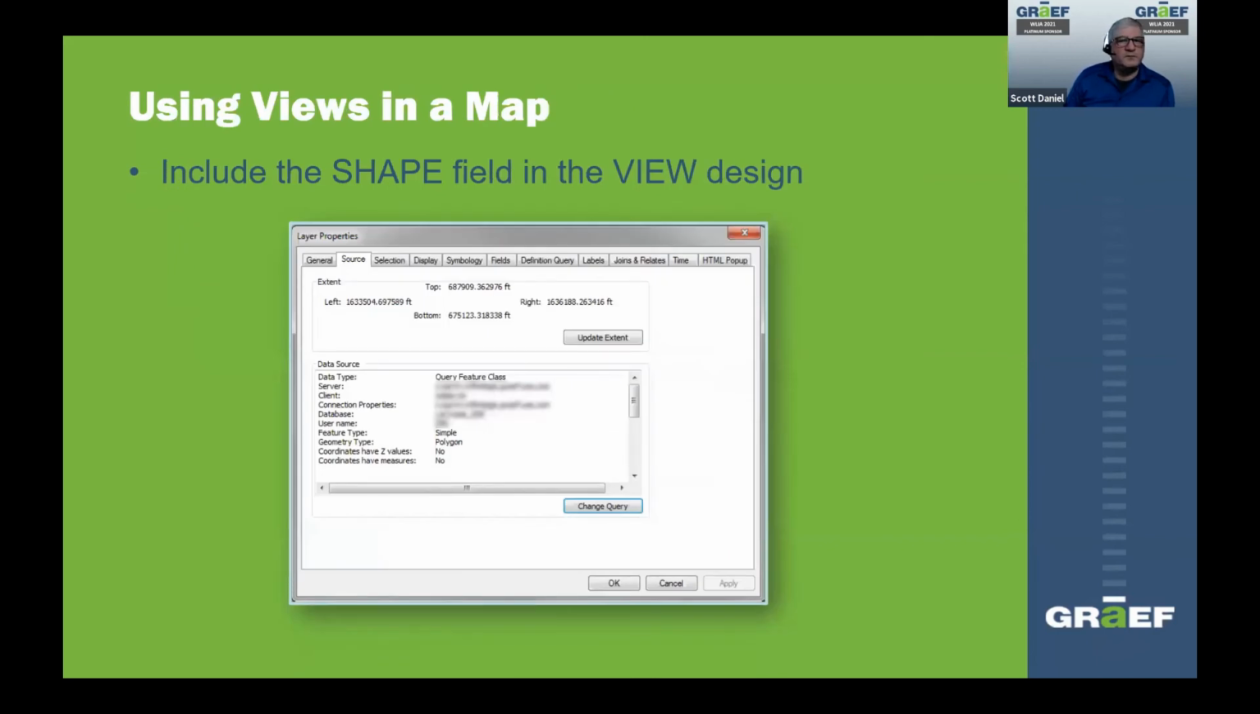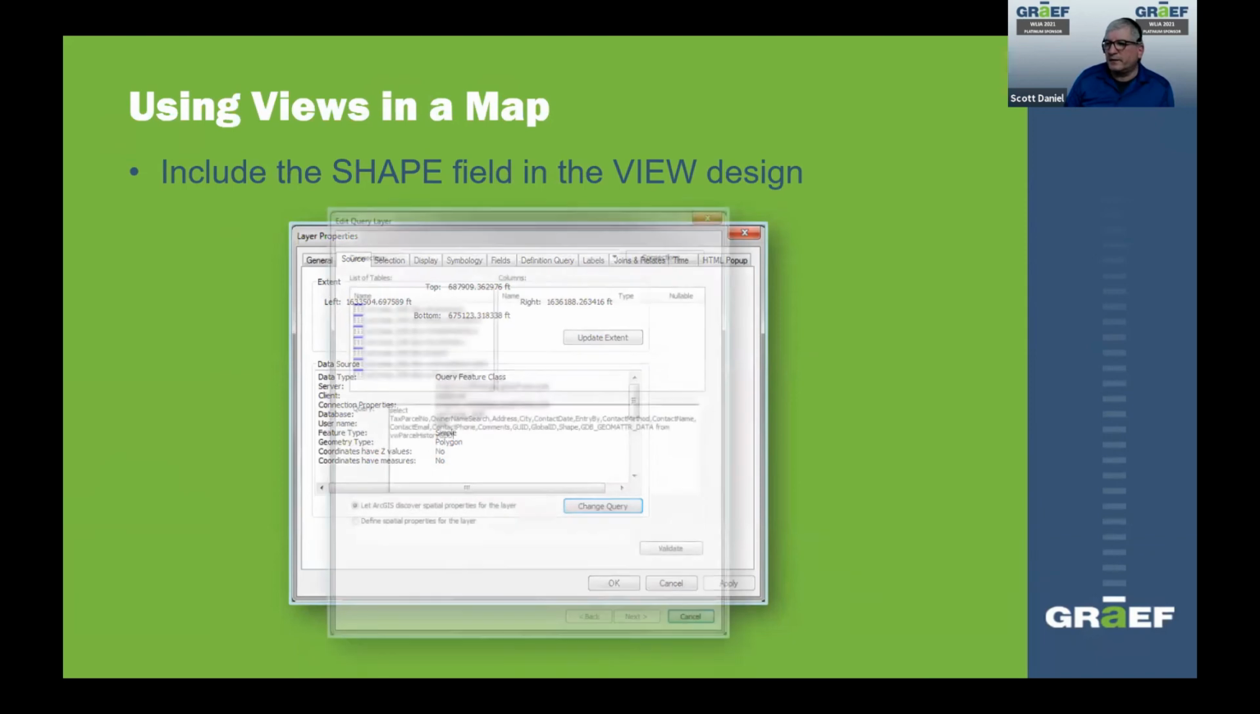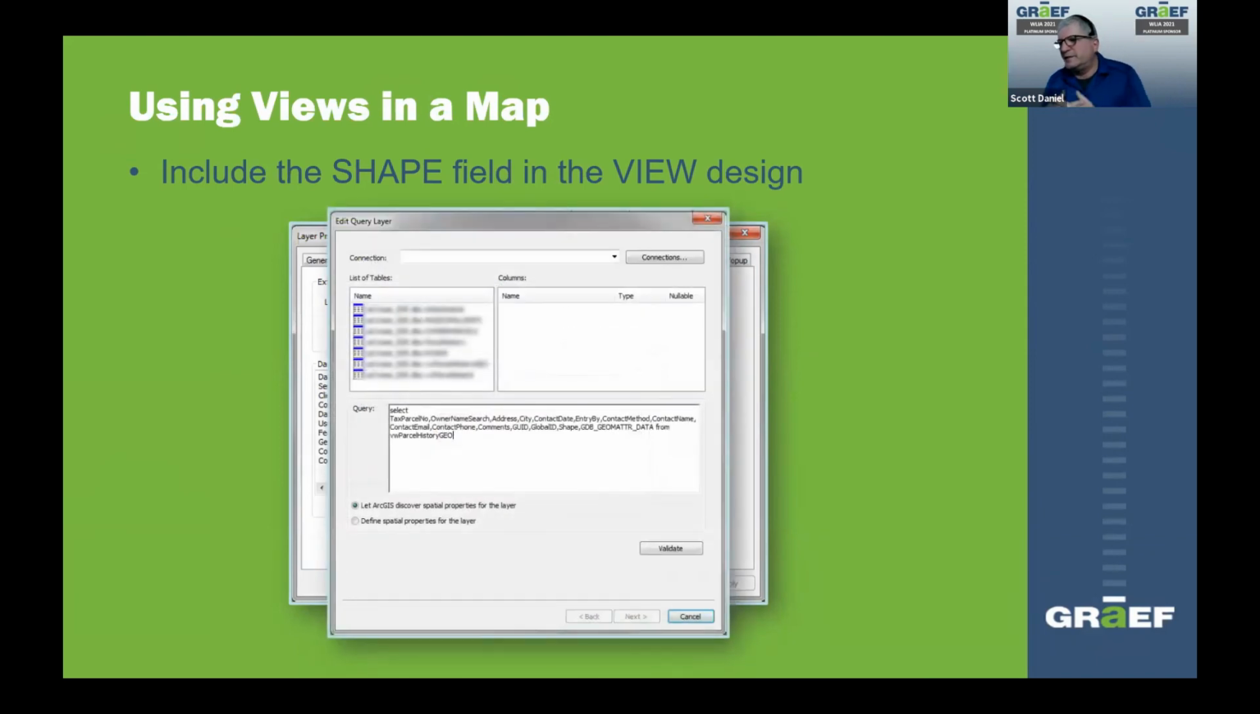Including using views in a map. So you want to ensure that when you create a view, the shape field has to be in the view. And this is what it looks like in ArcMap when you add a view. You're going to see this change to change query instead of change source. And I'm hiding some things so you're not seeing exactly where this is coming from, but what you're going to get is essentially what looks like a query. And so this was parcel history geo, which is the view that I created. So you can see the fields that are included in that view,